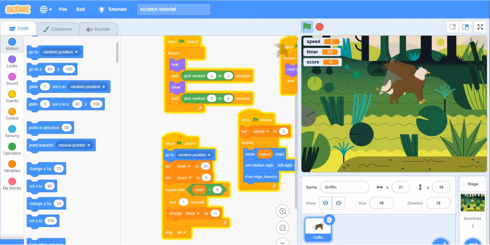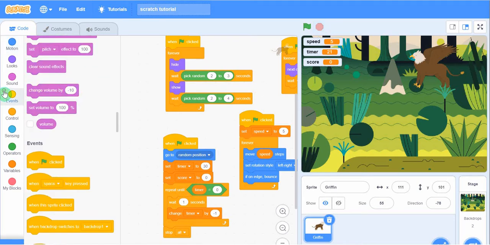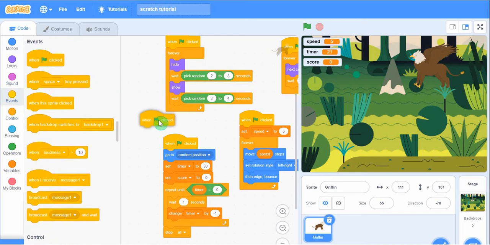So now moving forward, we have set a timer. We have set its speed. So now it's the turn of score. So again we will have when flag is clicked. No, not the flag actually, because we want to earn a score. So when this sprite is clicked, means when I click Griffin,